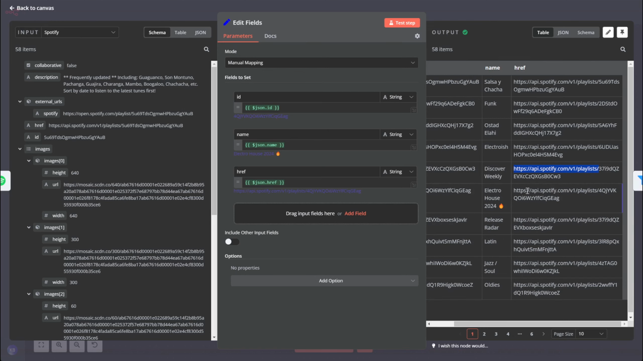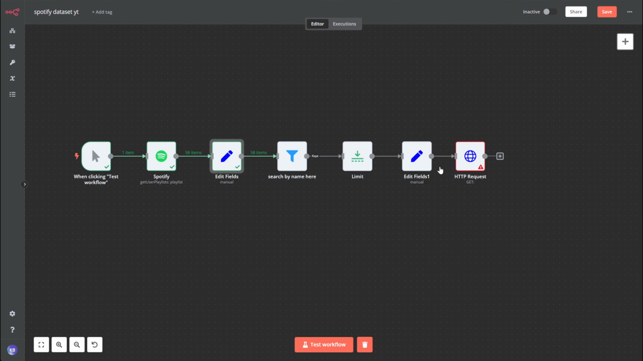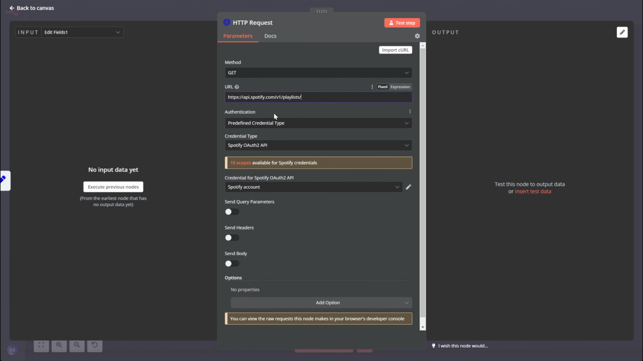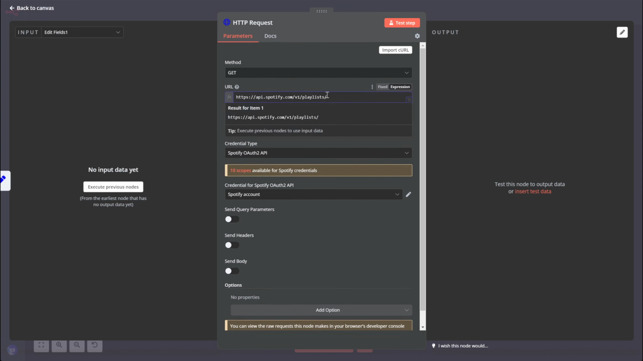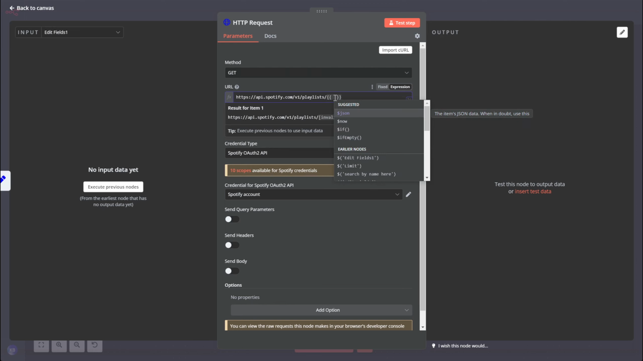So this I can copy by hand, paste it here. But of course, now what I want is an expression, because I want to be able to put whatever ID that I got from before, right? I don't want to simply type it, because that would not be very scalable. So if I put these double curly braces,